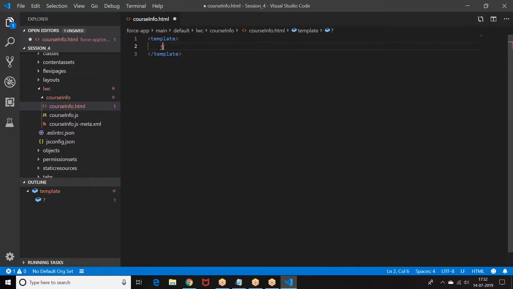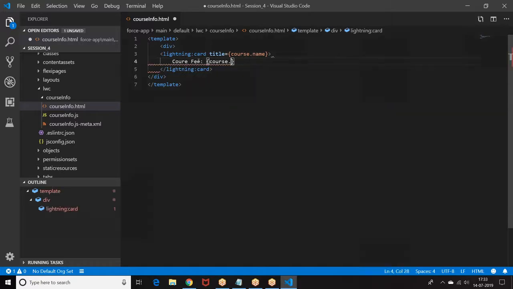I'm trying to display the data. Lightning card, title, course dot, course dot fee, duration.